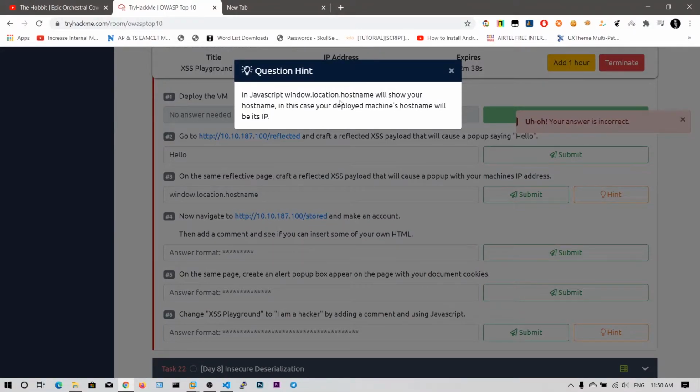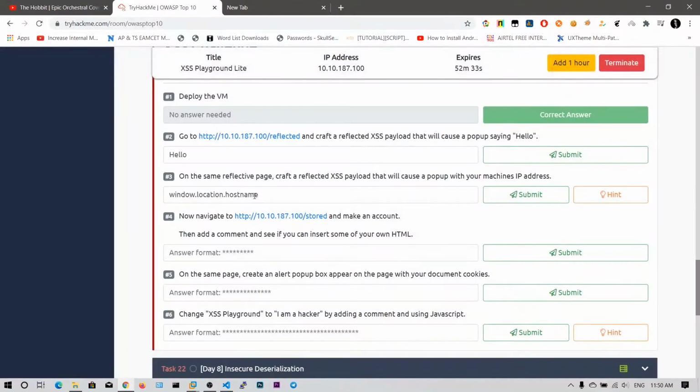JavaScript window.location.hostname will show your hostname. In this case, your deployed machine's hostname will be its IP. Okay, I don't know how to set this answer. We need to remove the script tags. Okay, let's forget about these answers since we have got the IP address pop-up.